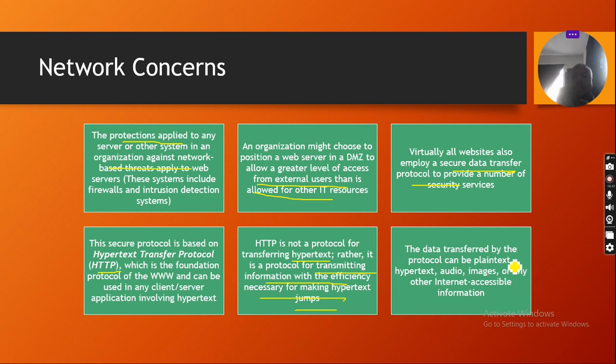The data transferred by the protocol can be plain text, hypertext, audio, images, videos, or other internet accessible information. Now, let's move on to the next, secured one, which is called HTTPS.